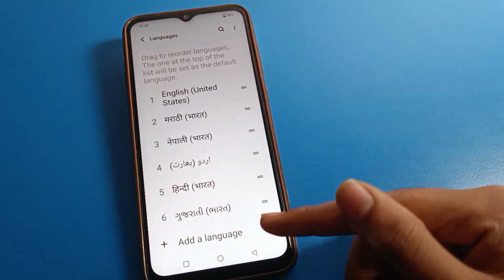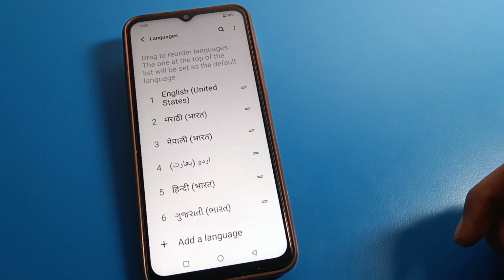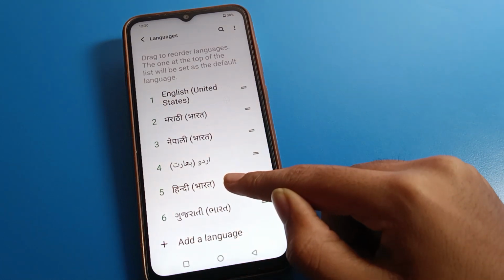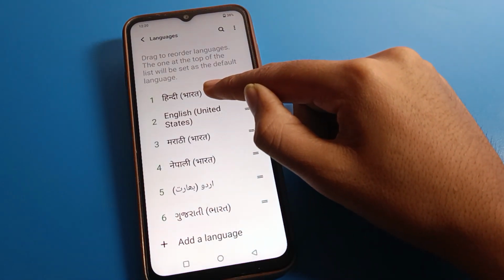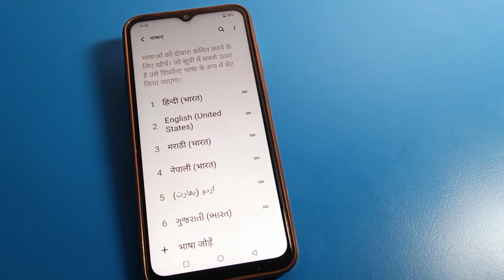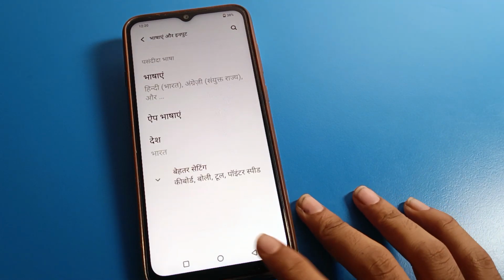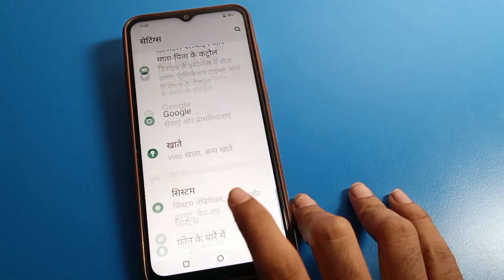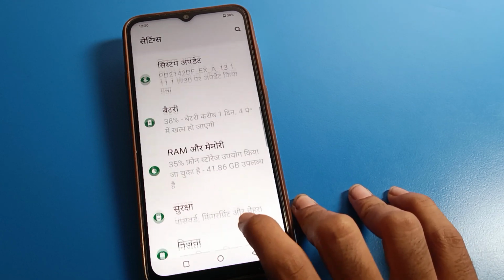And change your language to one you can read easily. I will use only Hindi and English. So I will change my phone language into Hindi. You can see the Hindi language is set on my Iqoo mobile, and I can use the Hindi language